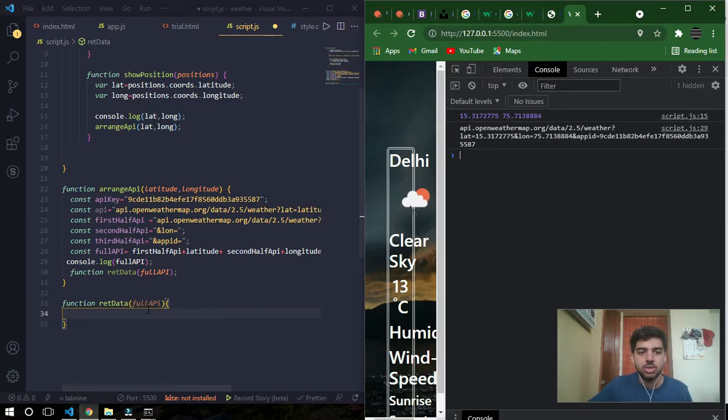So now what I'll do is, in order to use the fetch function, you need await. In order to use await, the function where you use await should be async.